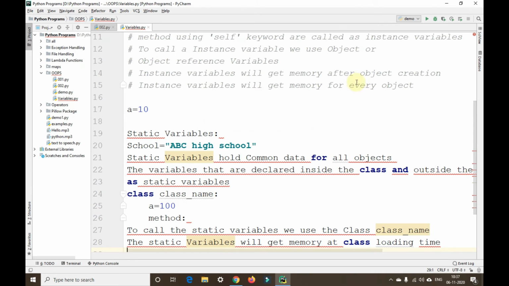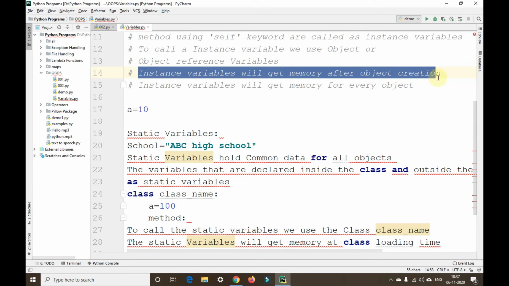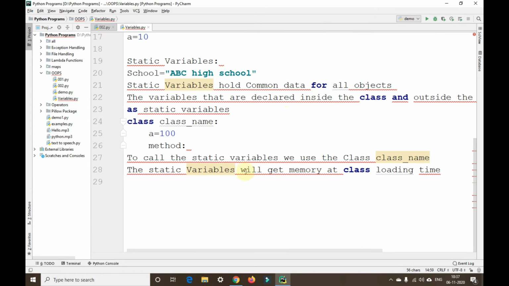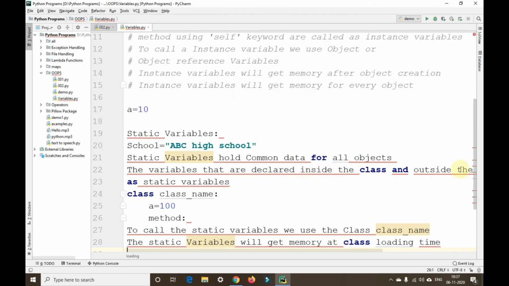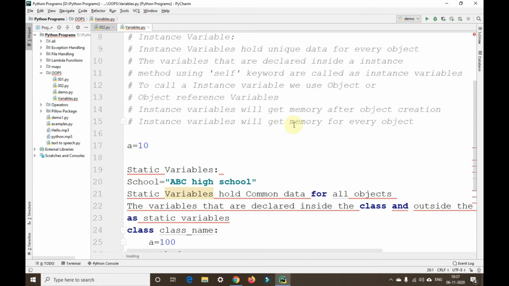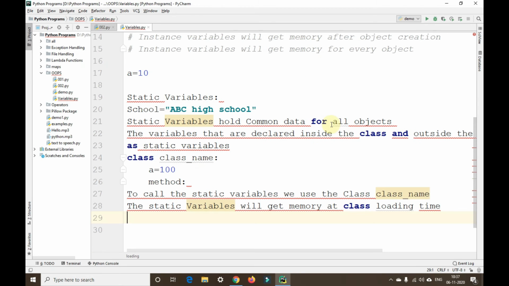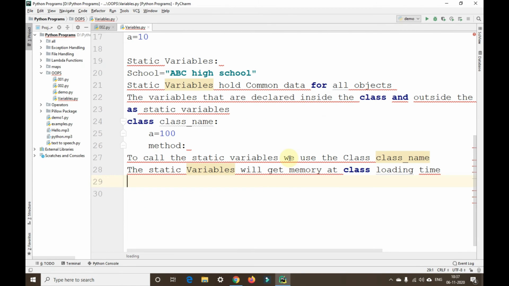So unlike these, instance variables will get memory after object creation. After each and every object creation, instance variables will get memory, whereas the static variables will get memory at class loading time. So here, instance variables will get memory for each and every object. Here, the static variables will get memory only one time, when the class is loading.